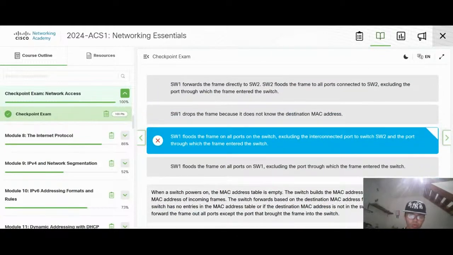Okay. When the switch powers on, the MAC address table is empty. To examine the source MAC address of incoming frames, it sees that there's nothing here, so if the switch has no entries for the MAC address, it will forward the frame out all ports except for the port that brought the frame into the switch.